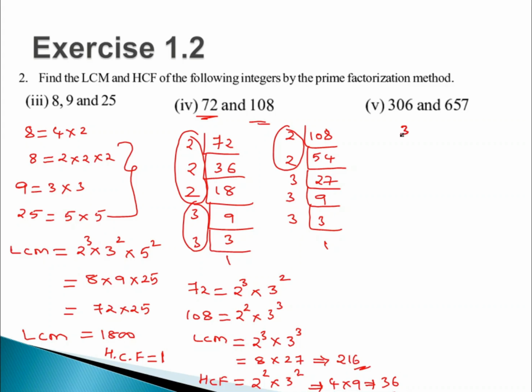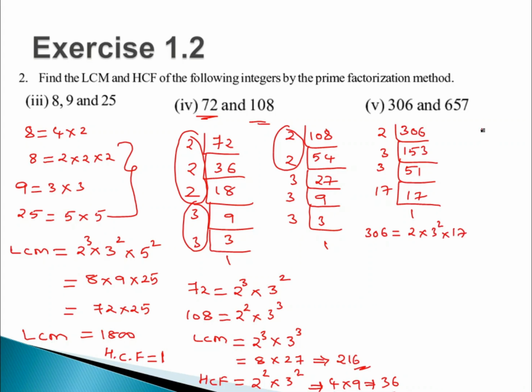So let us look at 306. Similarly, you need to do the factorization here also. So I'm dividing this one with the 3 table. So this is your number. You'll be having 17 there, right? So 17 is divisible only in the 17 table, right? So 306 can be written as 2 into 3 square into 17.